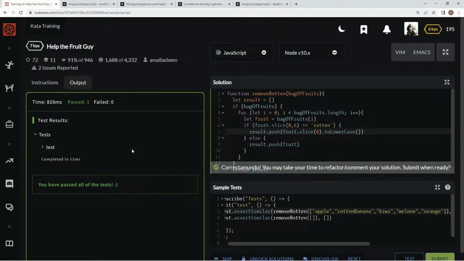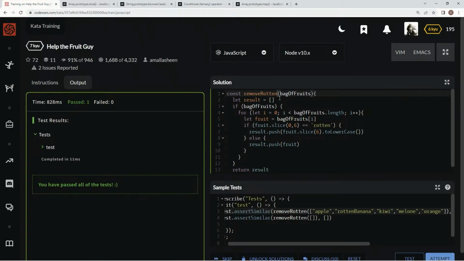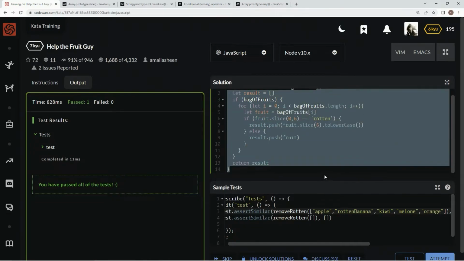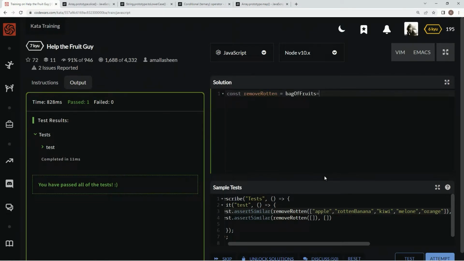And we're going to see if we can beat it with concise syntax. So for that, we're going to say const removeRotten bagOfFruits equals this. And then we're going to take out all this. And so for this, we're going to use the map method. If you don't know what the map method is,